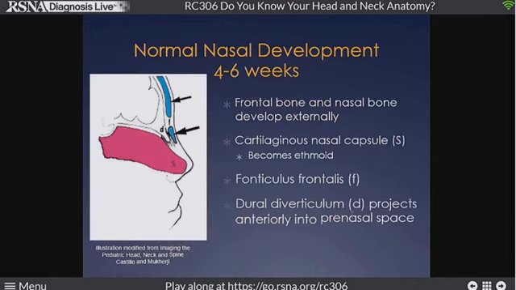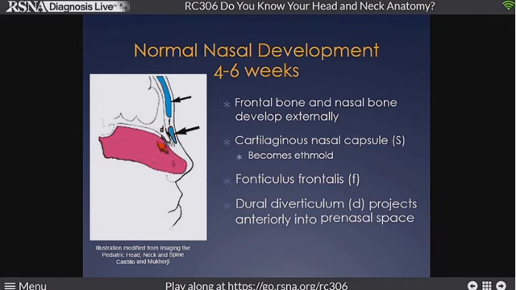Now we've got to do some embryology, and I apologize, but we're going to make this very painless. The frontal bone and the nasal bone are developing externally at about 4 to 6 weeks, and deep to them, the central nervous system is developing, and we're starting to develop the ethmoid cavity. At 4 to 6 weeks of development, there is a small diverticulum of dura that penetrates that space behind the nasal bone, just inferior and medial to this little dehiscence between the frontal and ethmoid bone, the fonticulus frontalis. It dives down into this space in front of the developing ethmoids.